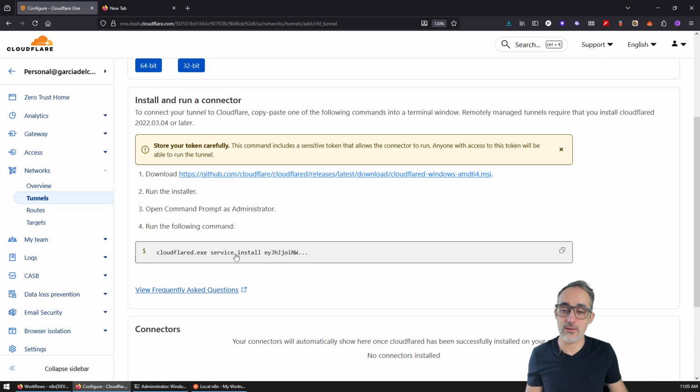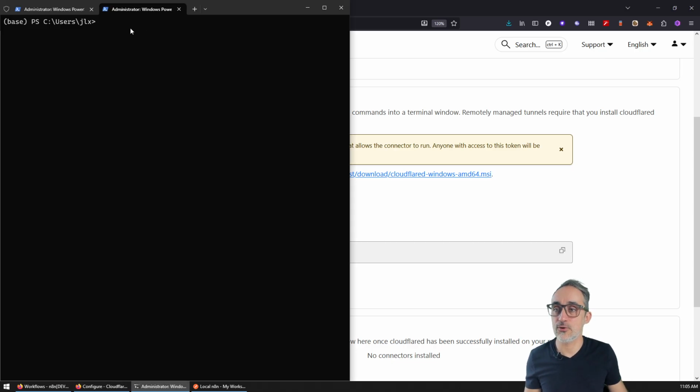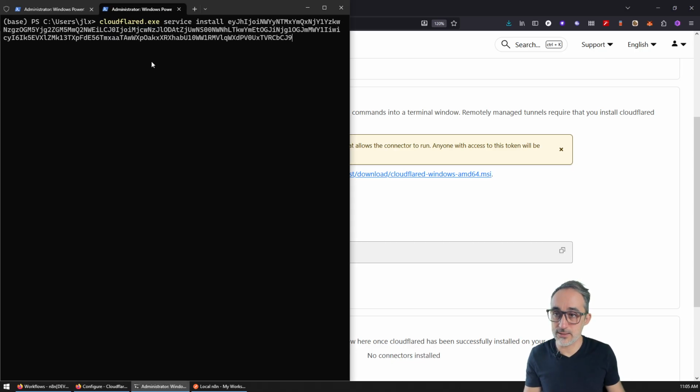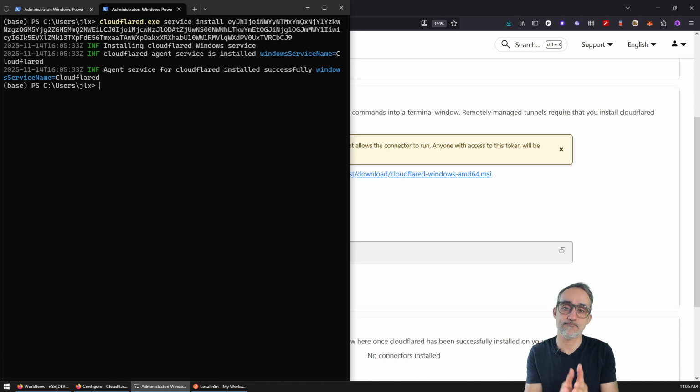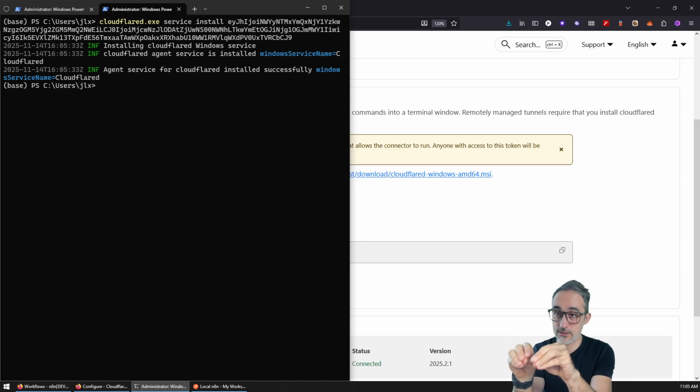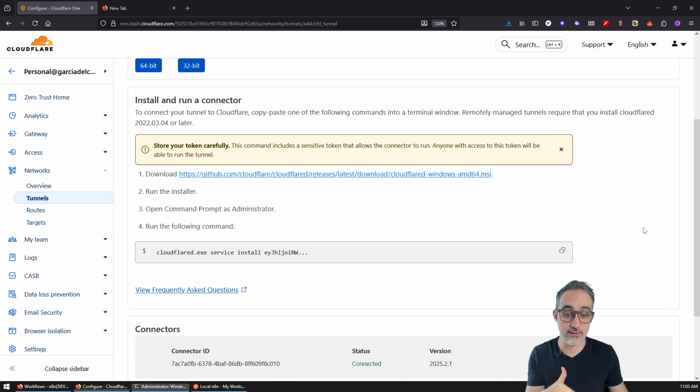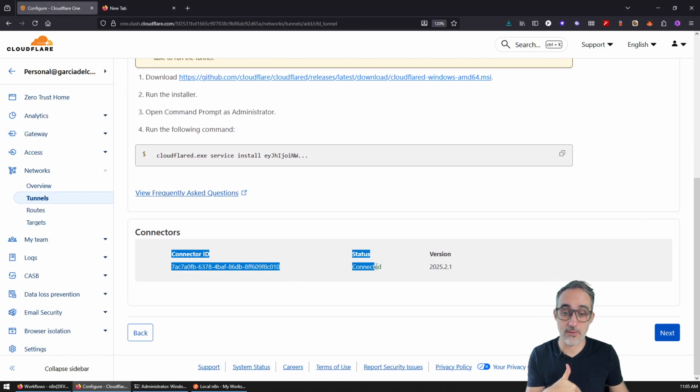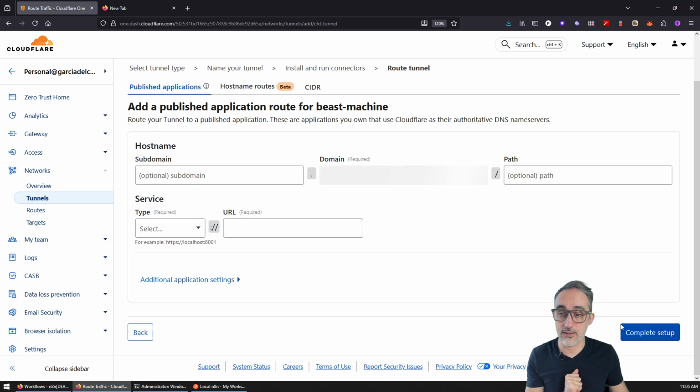So I'm going to copy this and go to a new terminal. I'm going to paste this in the terminal, and then the tunnel that I just created is now connected to this machine that I am on right now. And you can verify that by seeing that we are connected, right? And then I'm going to click next. And then this is where I'm going to